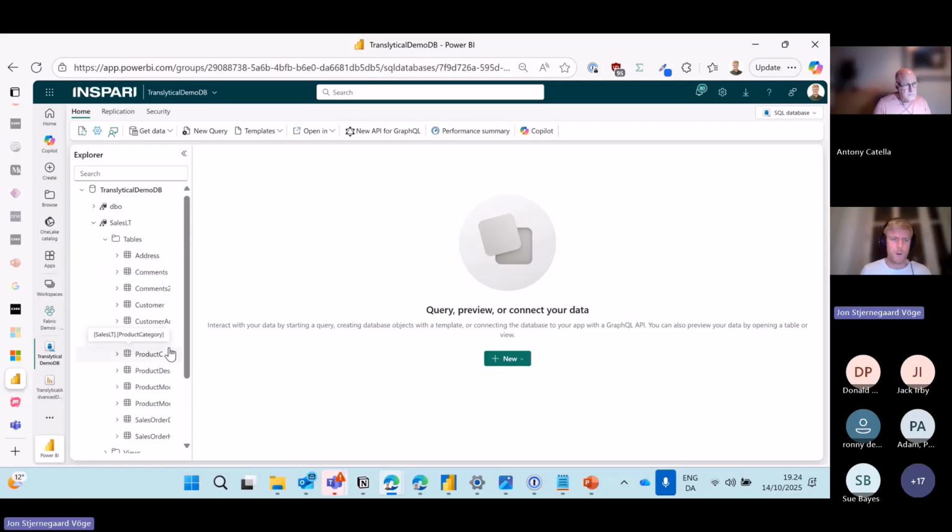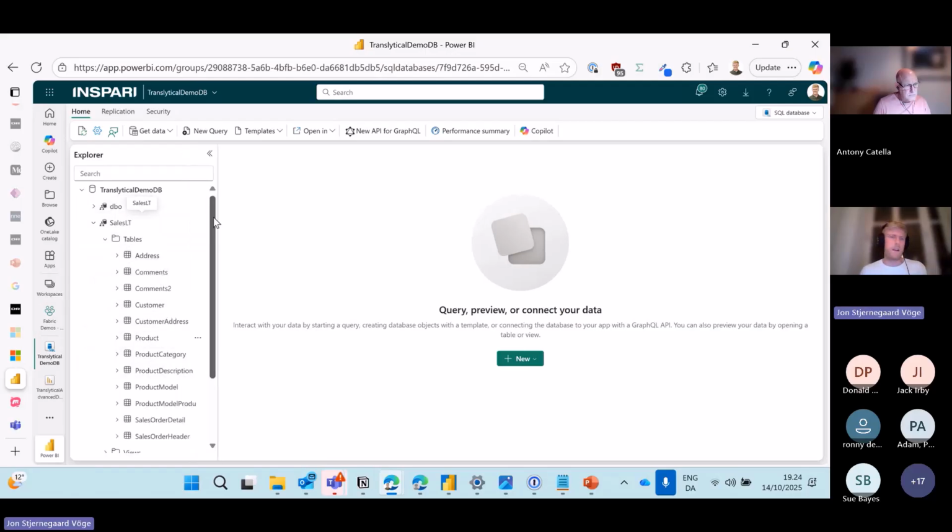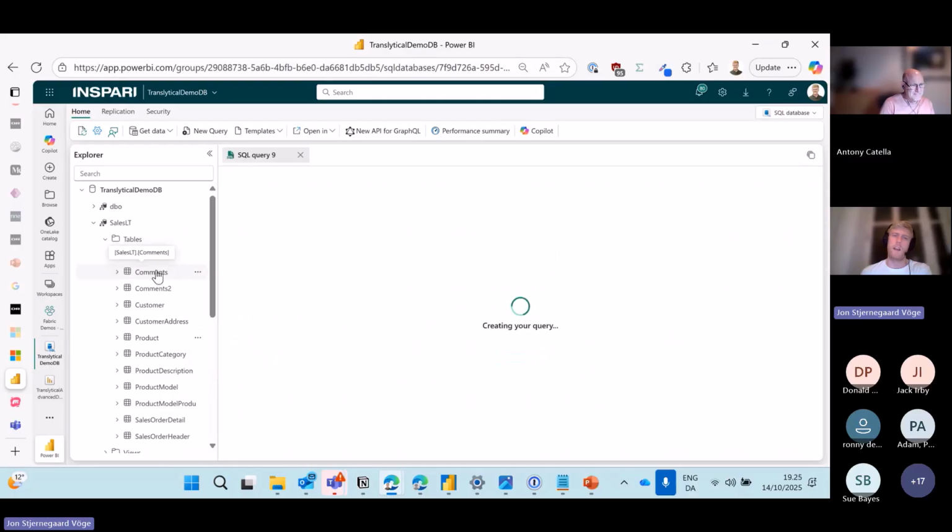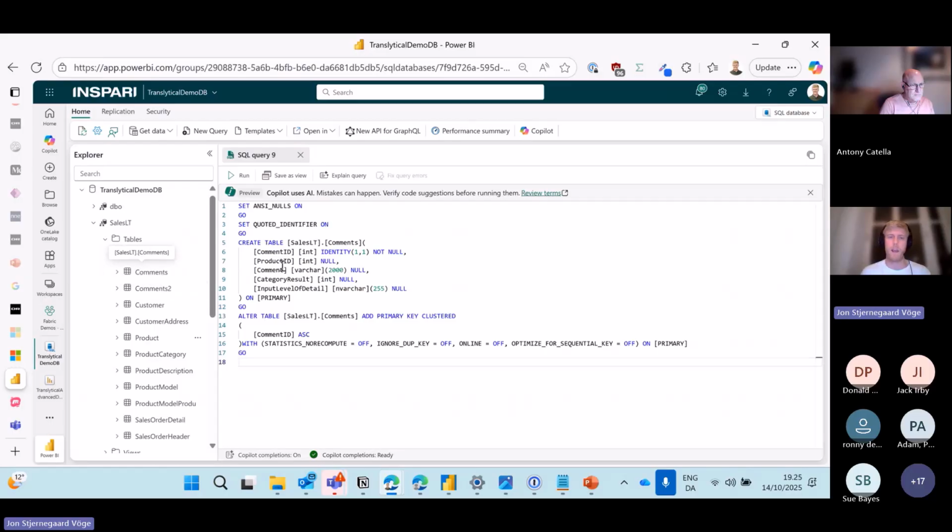The only thing I wanted to show here was just that in here I have my SQL DB. I've just ingested the AdventureWorks sample data. I should have found something more fun for you guys, but that's what I have here. And then I went ahead and created a comment table to hold those comments and the scores that I'm writing back. And I just wanted to show you what that SQL statement looks like,